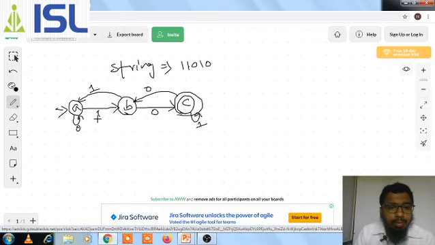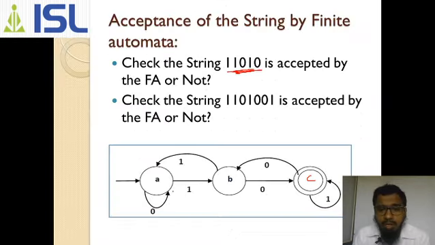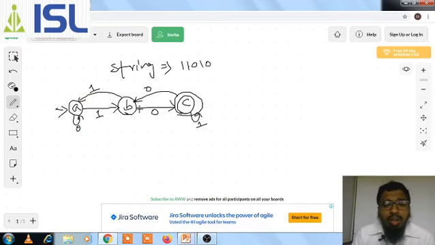Okay, fine. So this is a graph. Here we need to see the acceptance of a string. So the first thing we need to do here